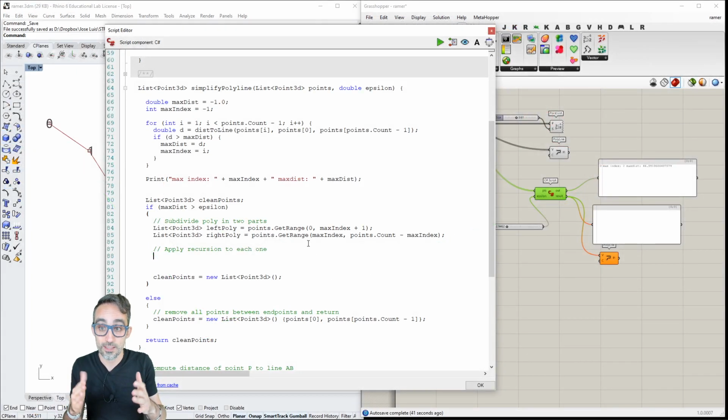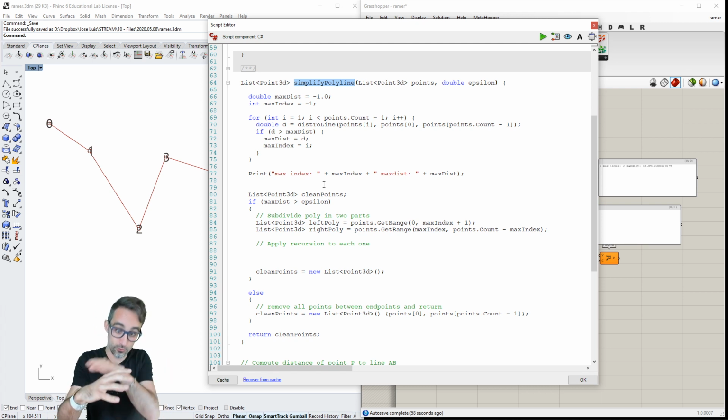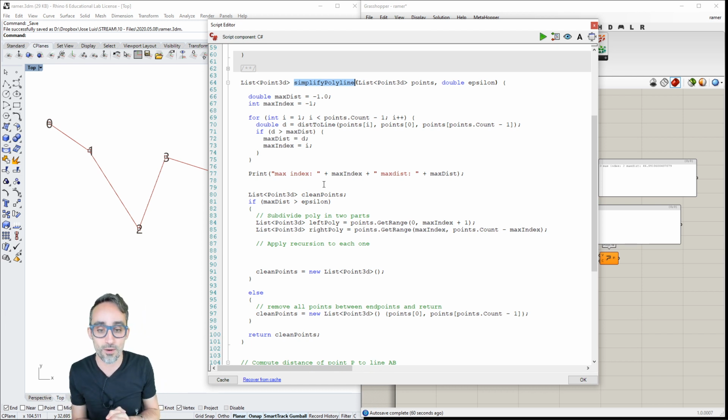Remember, I am in the simplify polyline function, so I'm actually going to call this function again from within itself. That's exactly the concept of recursion. I am in a function that is going to call itself to perform a subset of its operation, which is going to call itself to perform another subset of the operation, etc., until we hit one of those limits that we were talking about before.